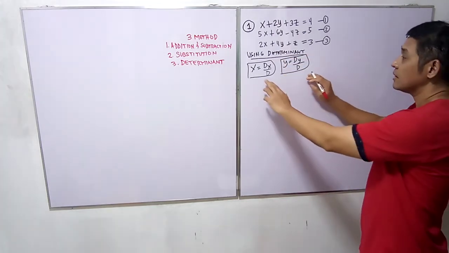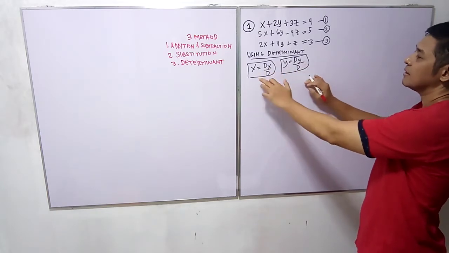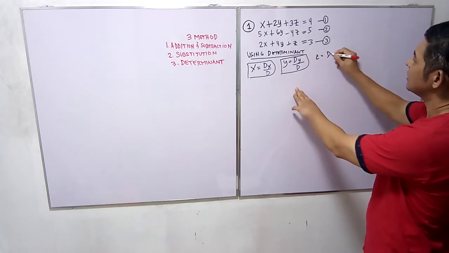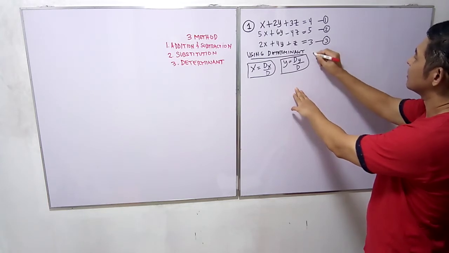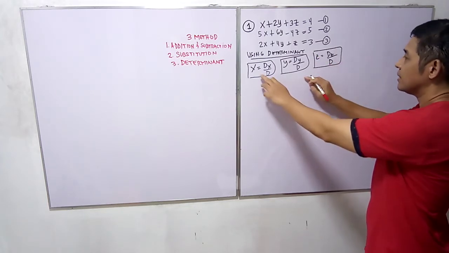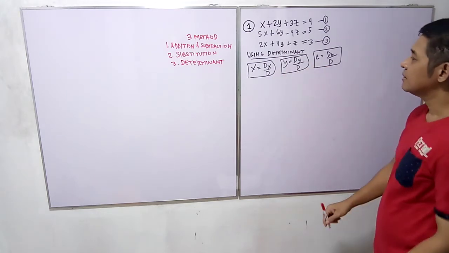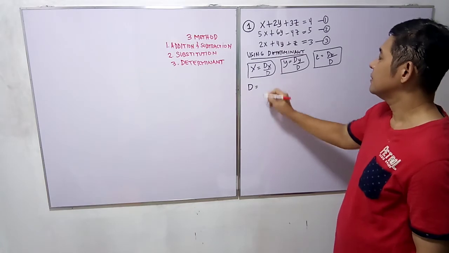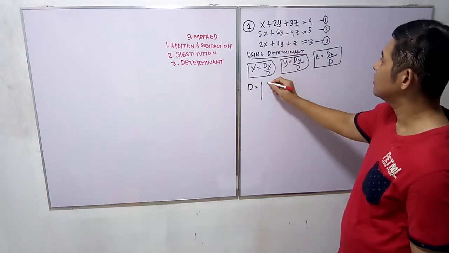Isa-isahin ko pong kunin ng mga variable na to. And z is equals to dz over denominator d. So pare-parehas naman sila ng denominator. Pag kukunin po natin yung denominator, d is equivalent to